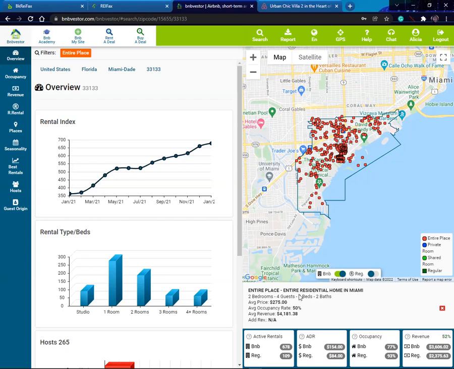Okay, entire place, entire residential home in Miami, 2 bedrooms, 4 guests, 2 beds, 2 baths, average price 275. This one has an average occupancy of 50%, so it's occupied half of the time. It isn't as successful as the first one that we saw. However, the average revenue is